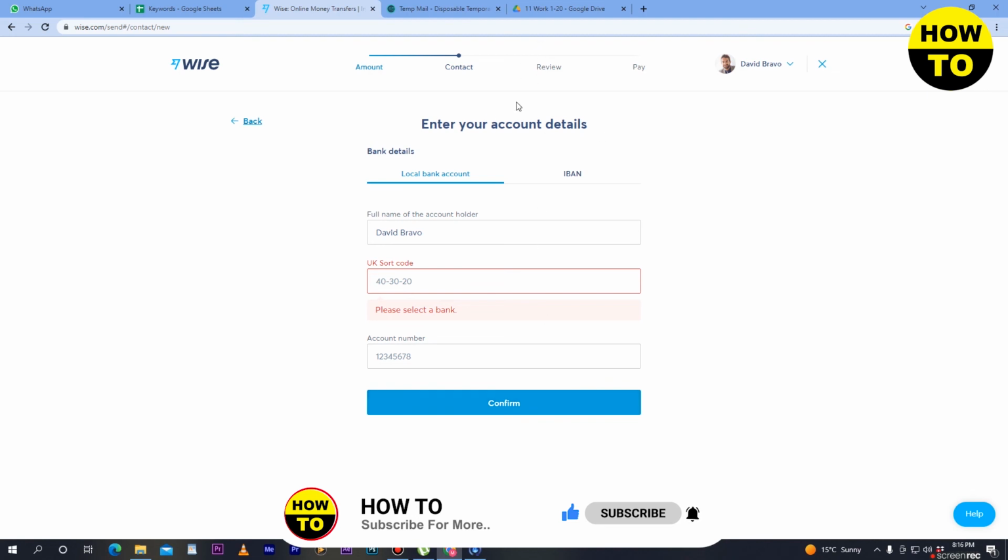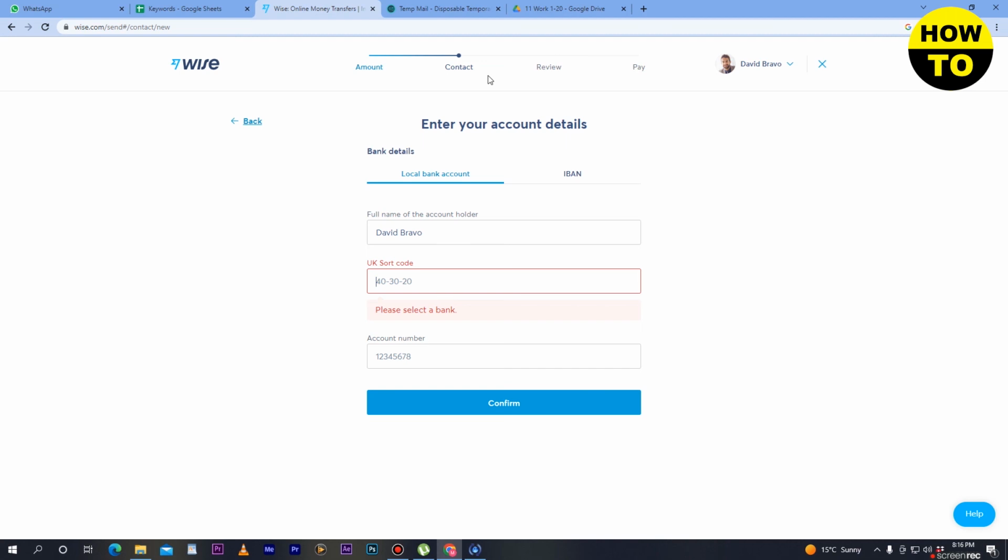Now in order to transfer money you have to verify your account. So after your account is verified, your money will be transferred to the relevant person or any bank account. So in this way you can transfer money